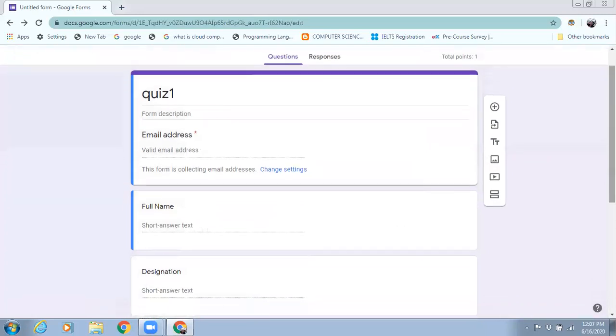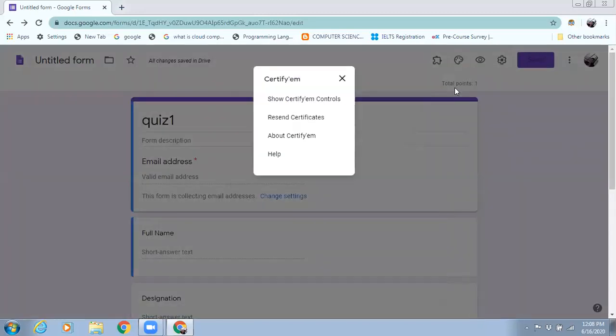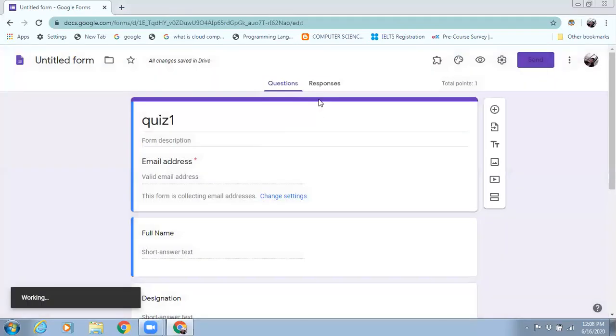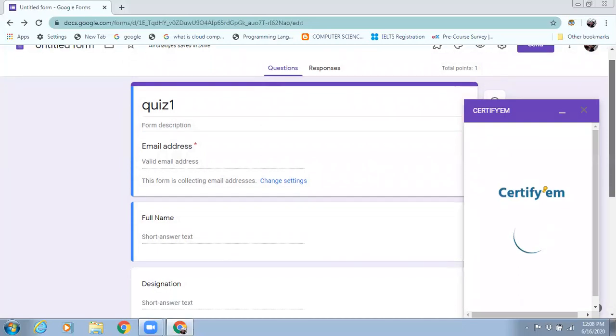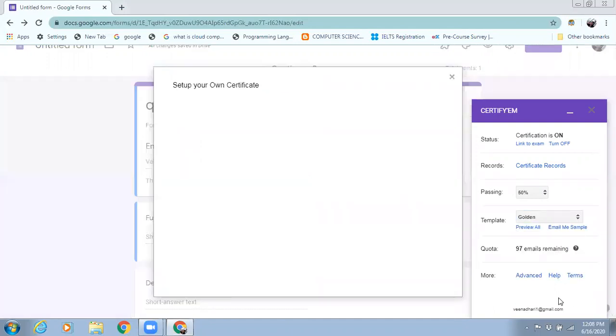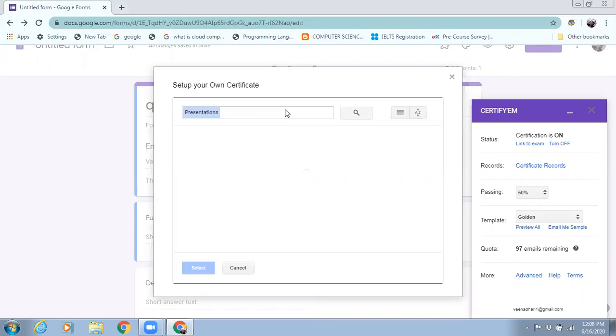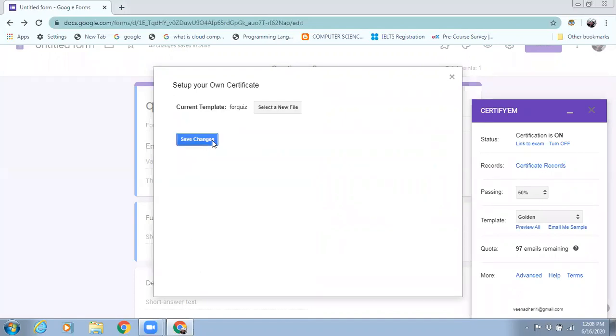And here in advanced, what you need to certify, show the certify controls. Custom template. We already saved it in Google Slides. Custom template, select a new file. What you have saved, this is the quiz. For quiz, just select it and save changes.